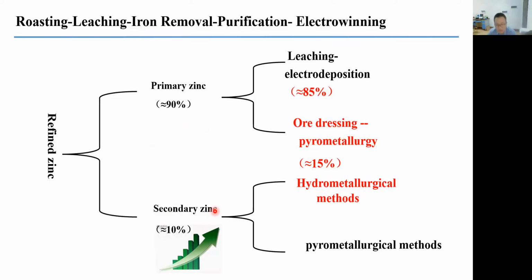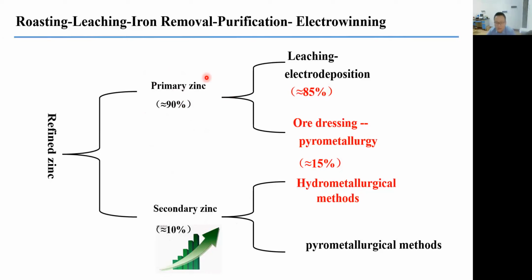So the flue dust of the iron recycling process can be used for zinc production. And this part is increasing nowadays, not only in China, but also all over the world. And because the primary zinc production is still the main part, we are mainly trying to study or present this flow sheet for zinc